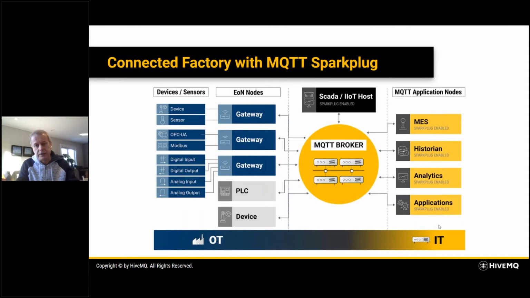We'll be able to understand how to subscribe to SparkPlug messages and process those messages. So what this allows you to do is that if you need to introduce a new piece of hardware into your system, you just introduce a new edge of network node that only needs to know about the broker and only needs to publish to the broker. The MES system and historians don't need to change, so they will automatically recognize that a new gateway is available